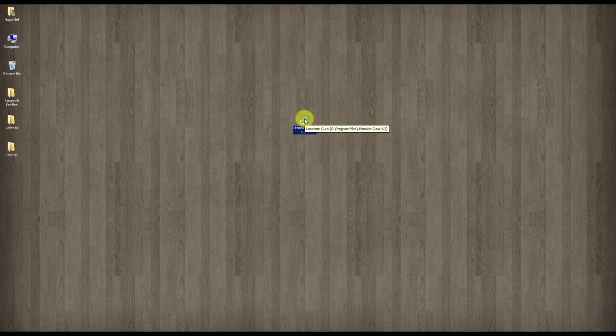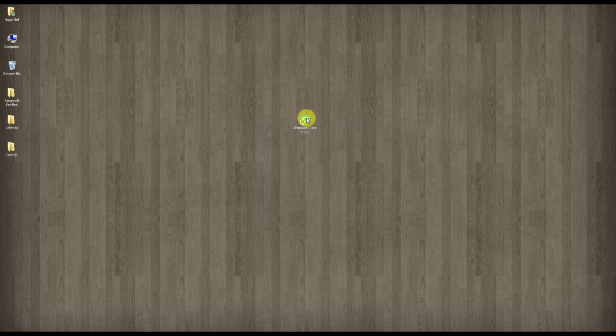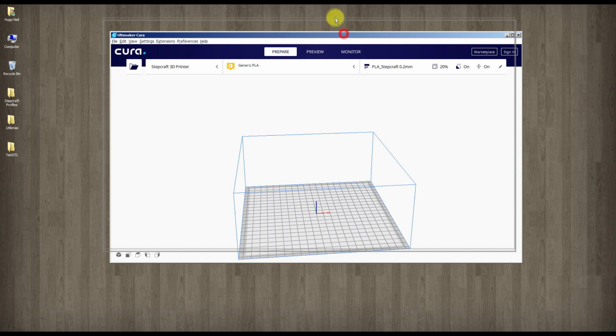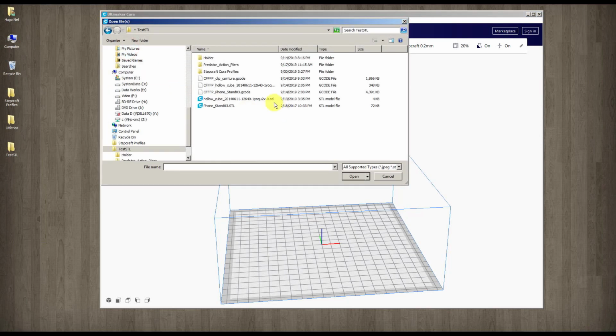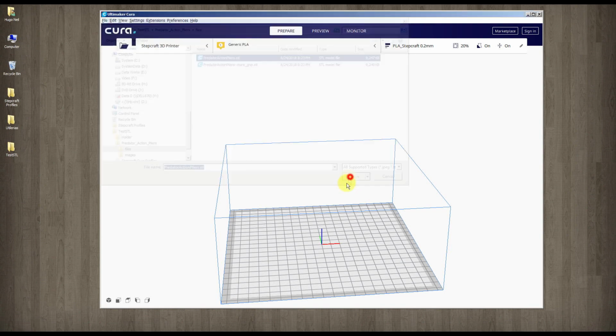Okay, now we're going to see about the settings for a more complex object than the other two that we already printed. And we're going to have to change a few of the settings. You're going to see that we are not going to change a lot of the settings, so mostly the default settings are almost ready. Okay, so we open now this file, this one,